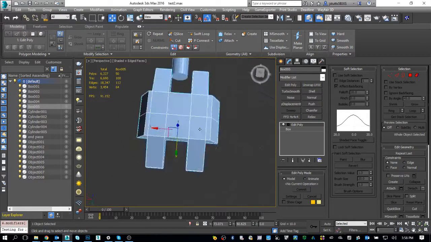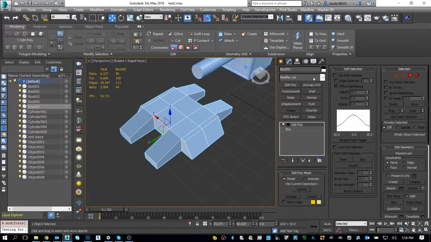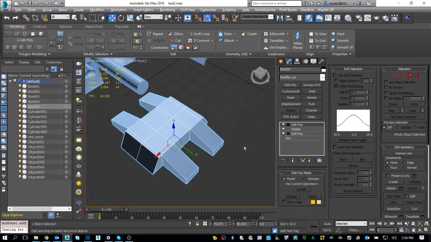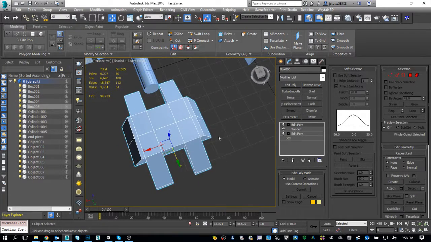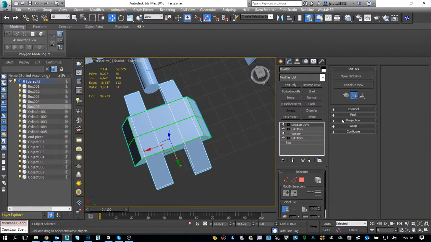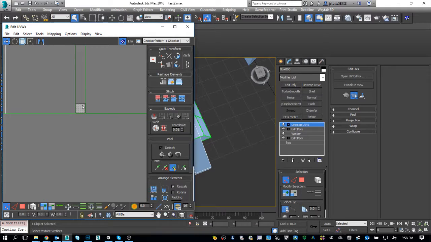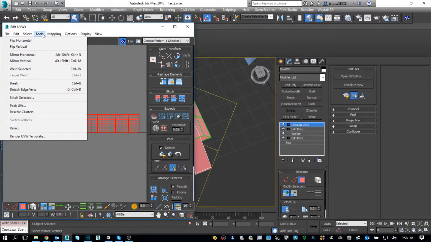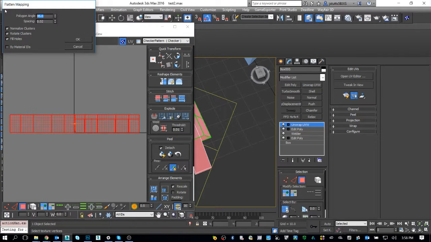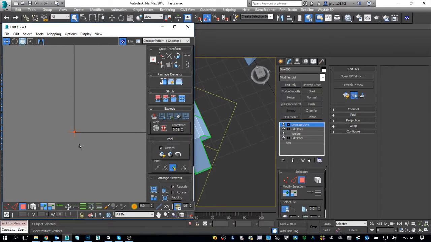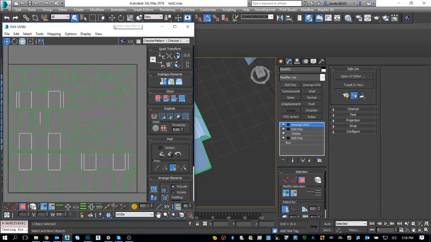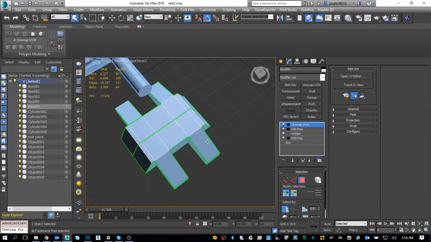So if I need this shape, if I make all that stuff and then UV unwrap it, that's a lot of different pieces. So it's much easier if I do something like